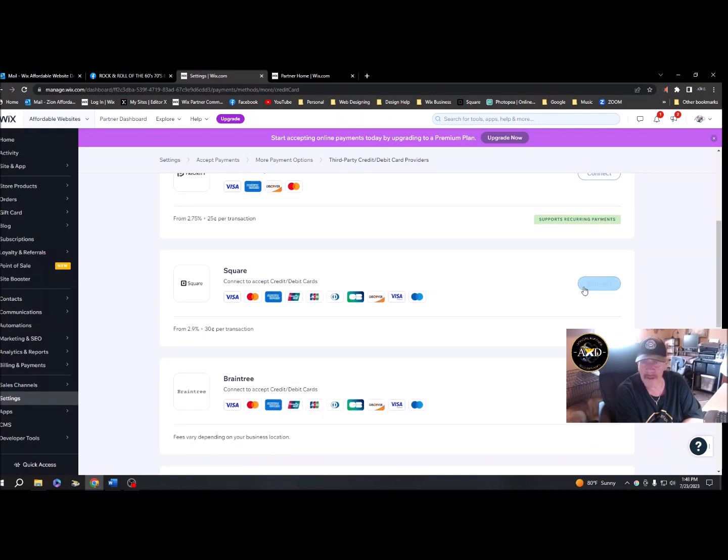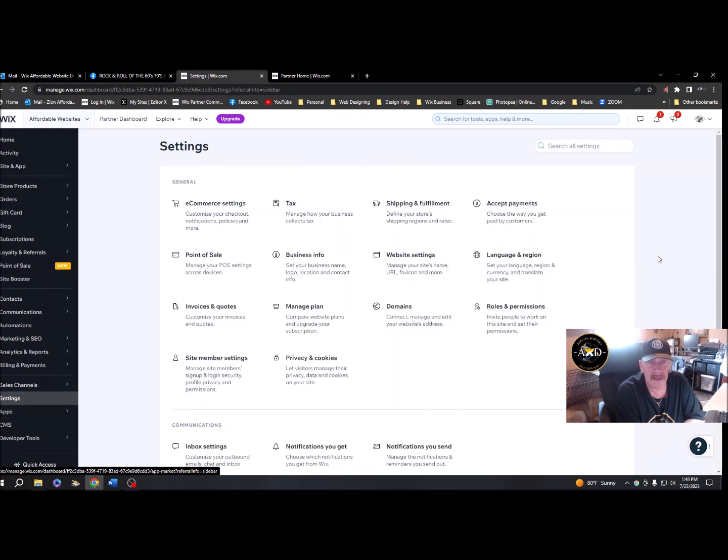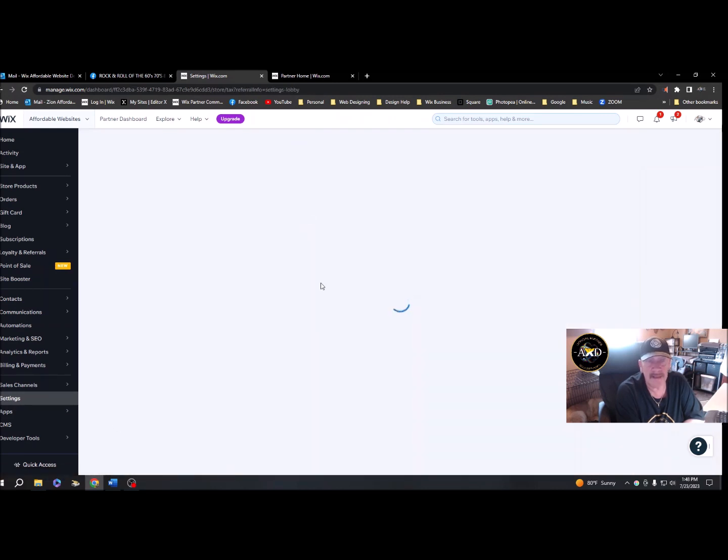I use Square. All I'd have to do is click connect, put my Square email in, and it connects to the website. And that's pretty much how you set up your payments, which you need to have if you're selling products. Once again, if you go back to settings and you can go into tax,